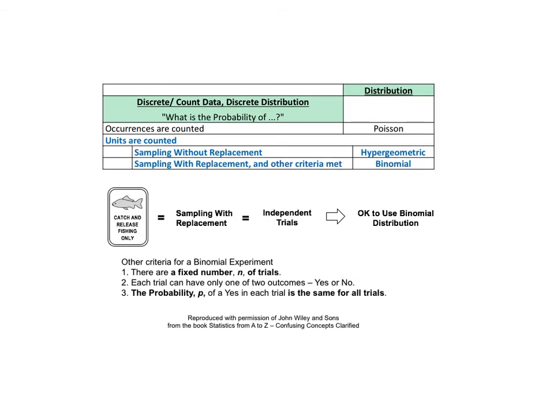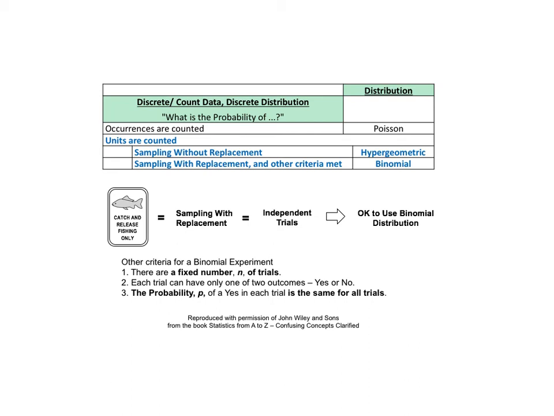If we are counting units, then there are 2 possibilities. If we sample without replacement, we would use the hypergeometric distribution. If we sample with replacement, then we can use the binomial distribution if the following criteria for a binomial experiment